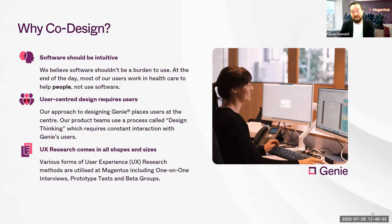And what that really places in the center of everything we do is you. And we acknowledge that combining the expertise we have in product and technology at Magentus with the way that we can work with you really puts us in the right position to deliver the best and most innovative user experience possible. And lastly, when we are doing this kind of co-design, we often do user experience research,